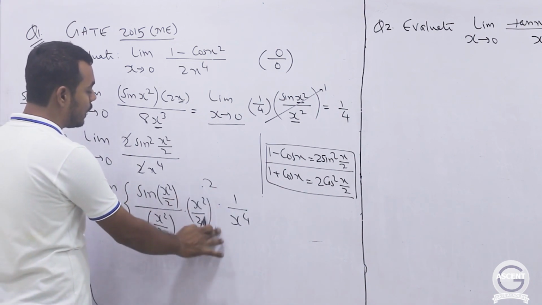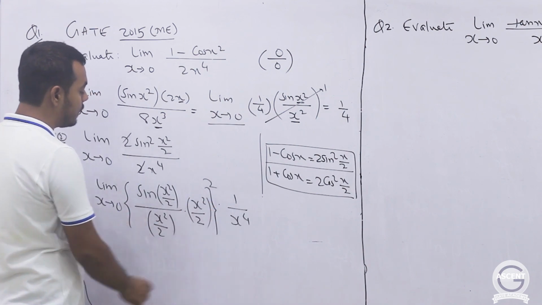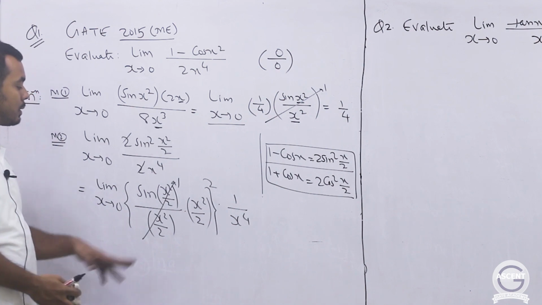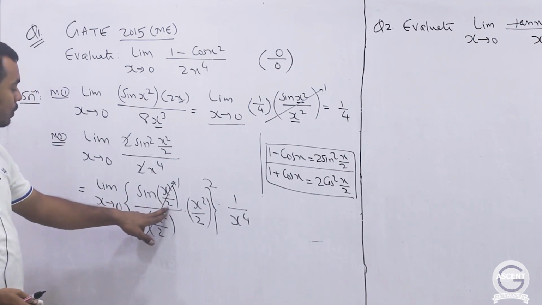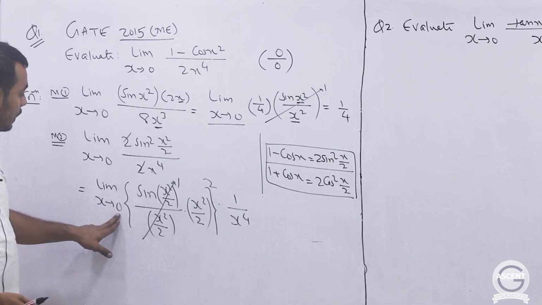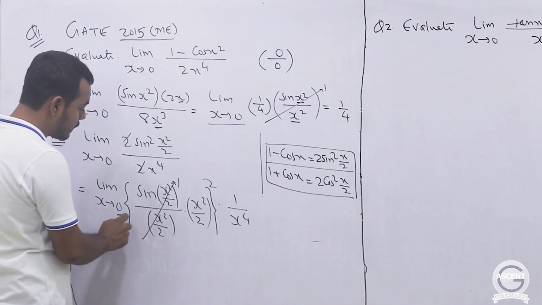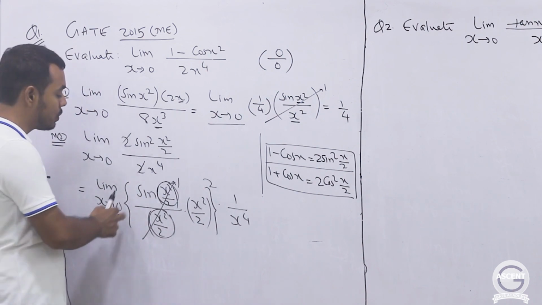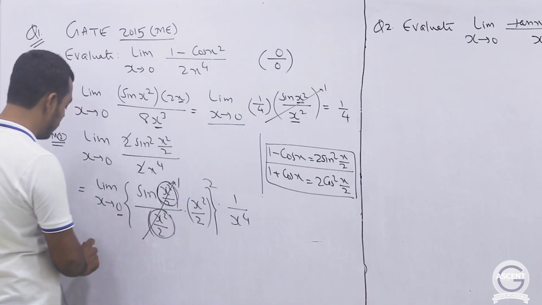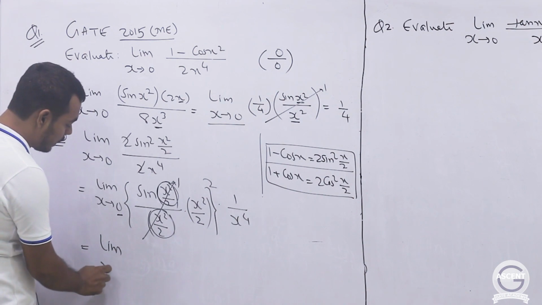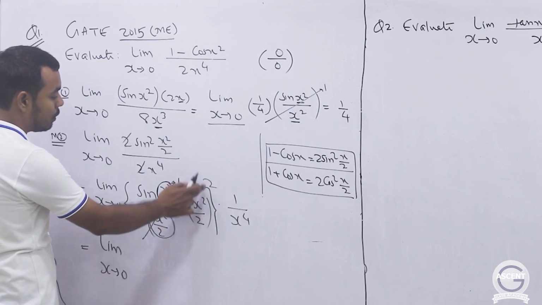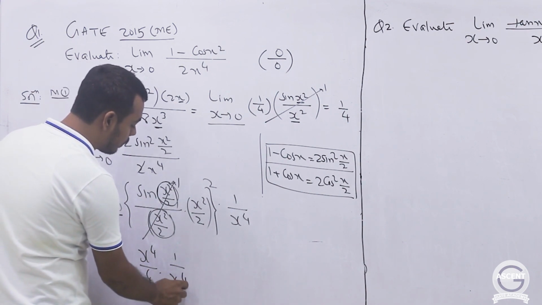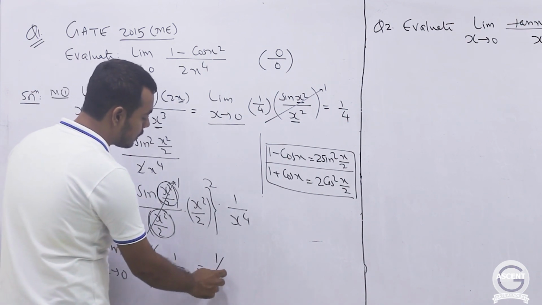We have divided by the argument of sin x multiplied by the argument of sin x. Now once you do that, you can easily see that this term will give us 1: sin x square by 2 by x square by 2, when x is approaching 0. Remember that when x is approaching 0, this term will be 0 and this will also be 0. So sin 0 by 0 will be 1. So now we will get limit x tending to 0, x square by 2 squared, so x to the power 4 by 4, into 1 by x to the power 4, which will finally give us 1 by 4.